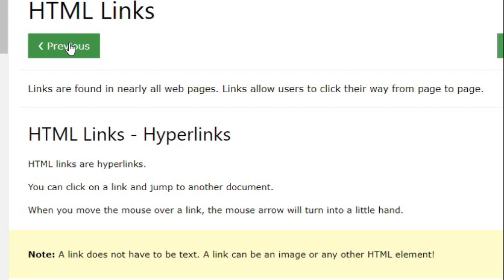I am repeating once again. See here, this is a cursor. When you move this cursor to this green button, the cursor changes to a hand cursor. That is the meaning. It is used to create a link to another page. That means it has a link. When you click on this link, it is going to open another web page. That means we are linking the page with the help of a text.